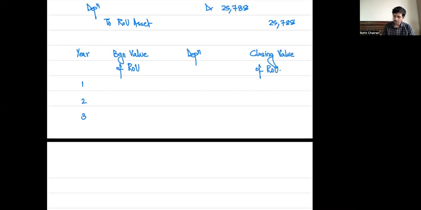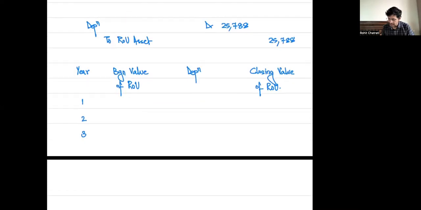At the beginning of year 1, the value of ROU asset was 77,364. Beginning of year 1 is nothing but day 0. Commencement of lease is the beginning of year 1. We recognized an ROU asset of 77,364. At the end of year 1, we are charging a depreciation of 25,788. Therefore, the closing value of the ROU asset will be 77K less 26K, which is equal to